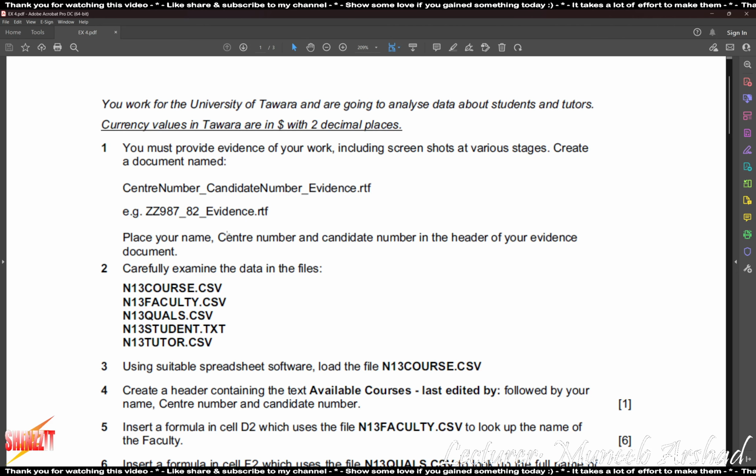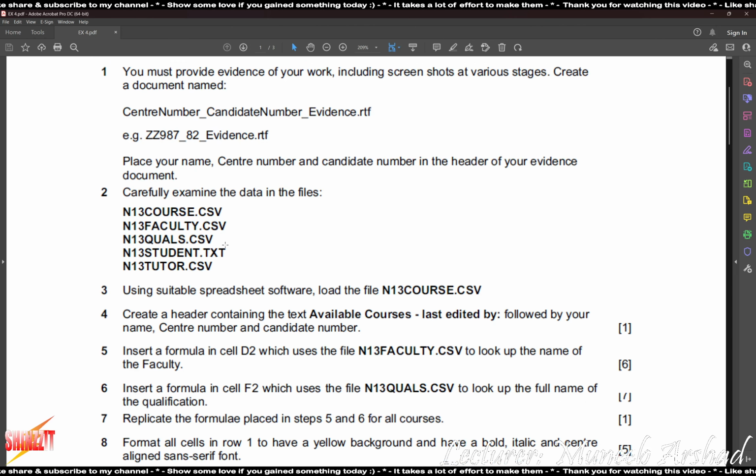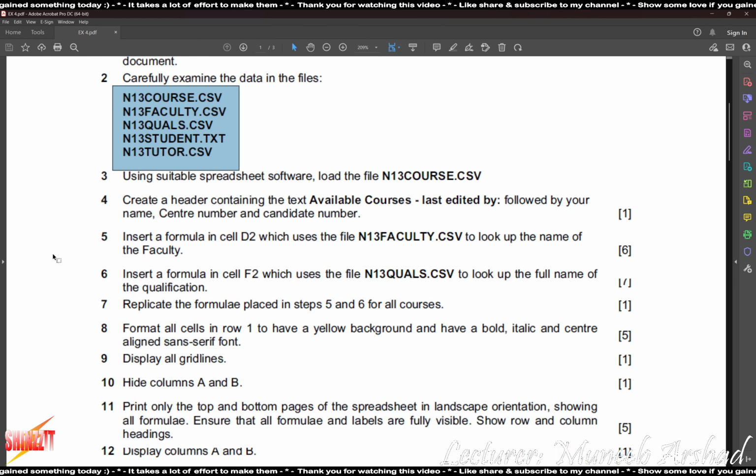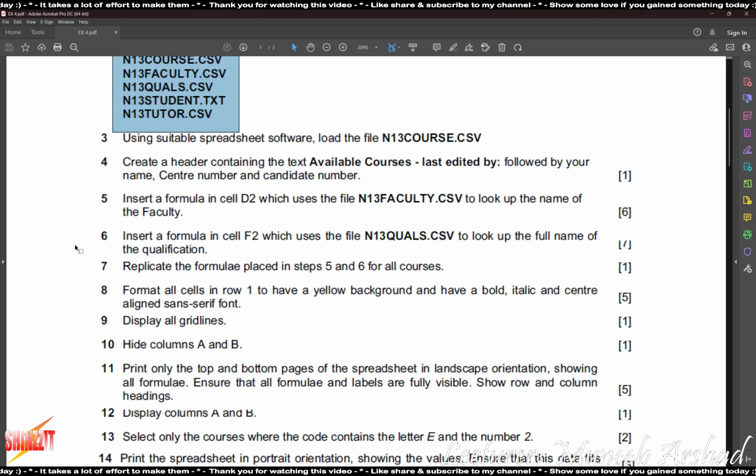The first part is about evidence. I've asked you not to make evidence as yet. And the second part is carefully examine the data in the files. These are the files which are provided to us. So point number 3, using a suitable spreadsheet software, load this particular file